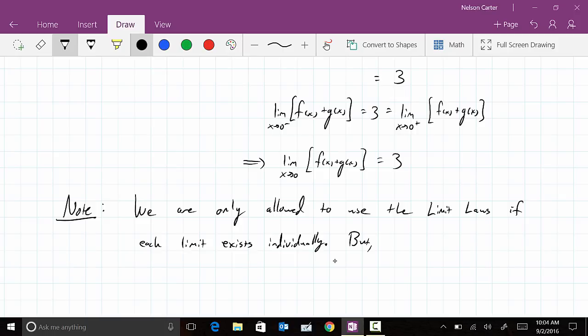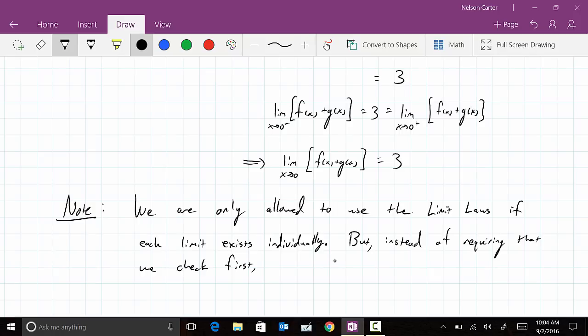But instead of requiring that we check first, what we could do is we could